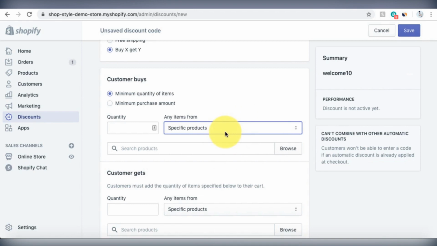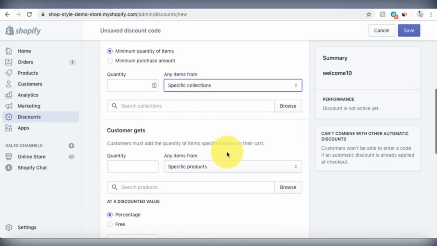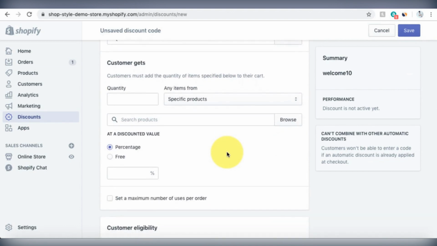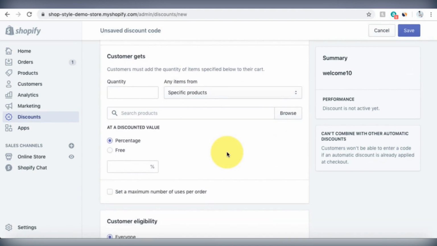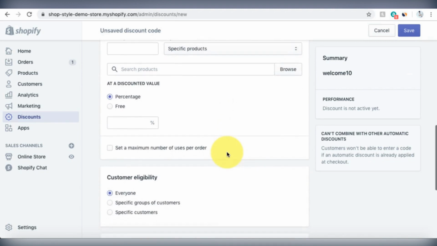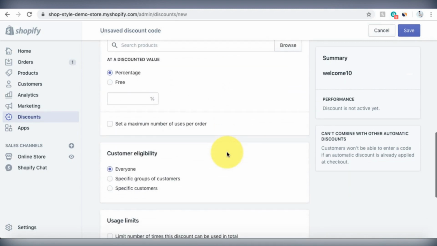Or we can say if the customer purchased products anywhere from within a certain collection, then they can get the discount. And then you can set it as a percentage off, or whether it's free,